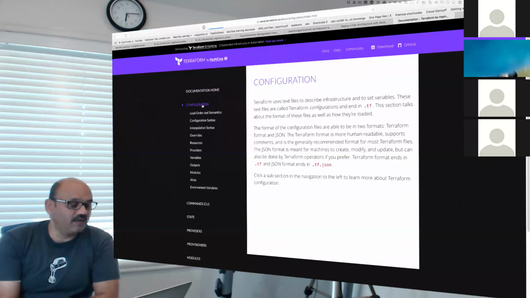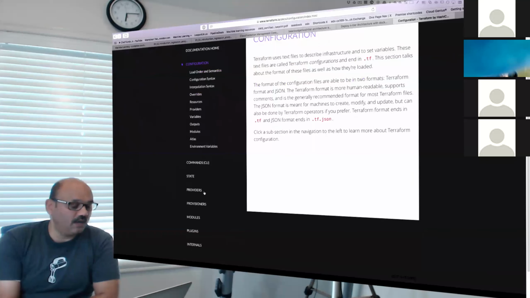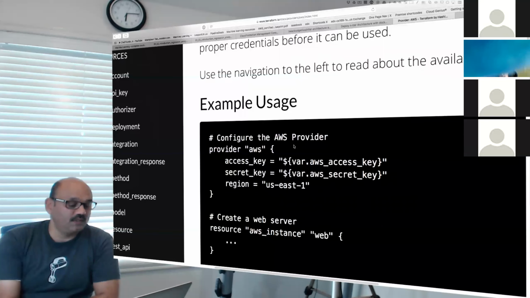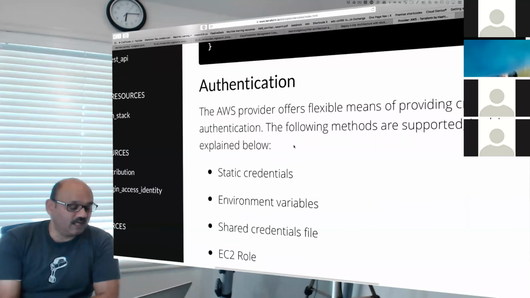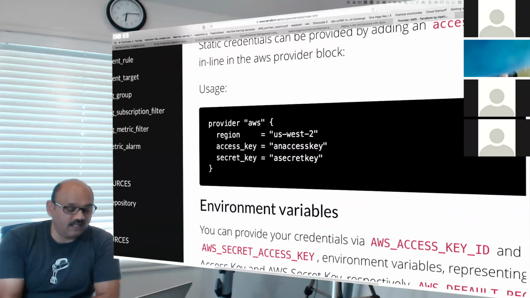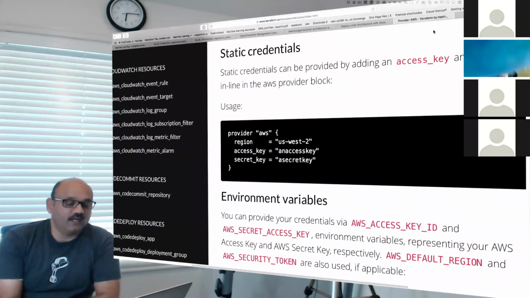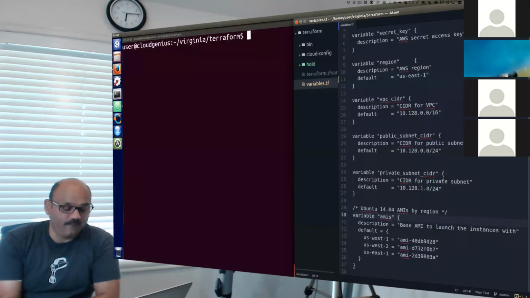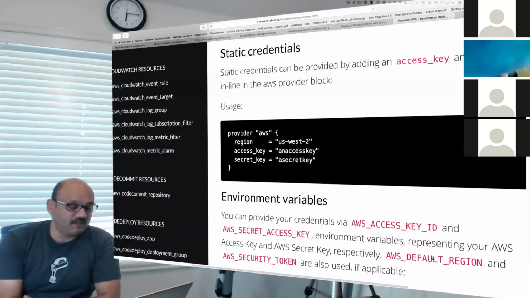You can see the configuration, how you define the configuration, and how you select a provider that you want to deal with. In Amazon's example, they're giving you how to use it. The example usage is provided, authentication methods are provided, and I have basically taken that segment from here and included it in this code. It is a totality of 37 lines, not too long. And in here, we also have this US East 1 AMI defined in line number 35. And that machine image ID number we are able to get from this Amazon location.